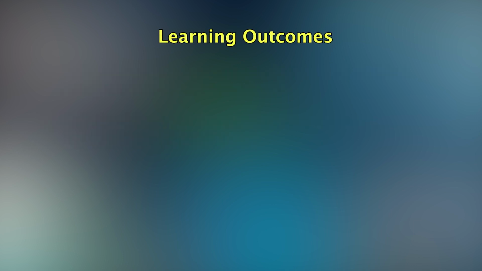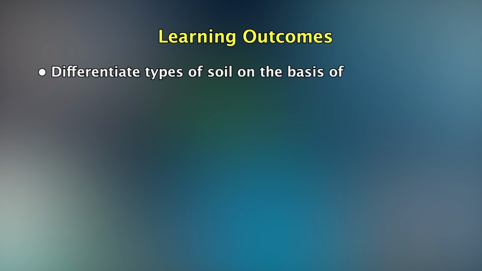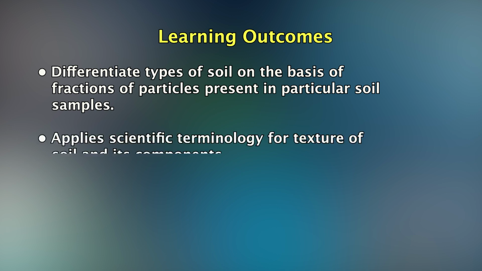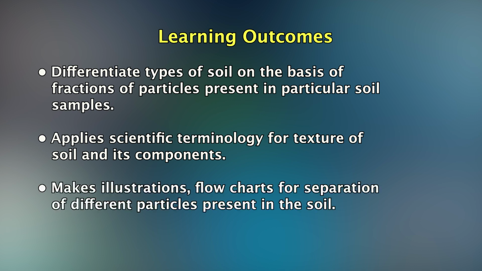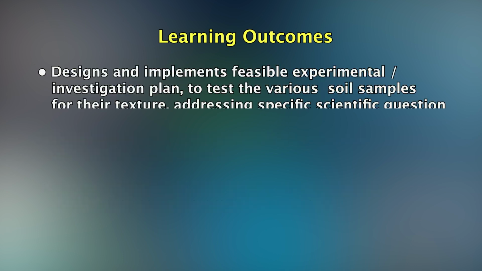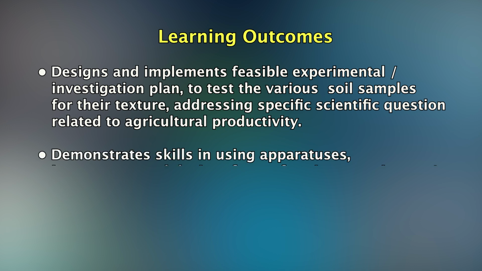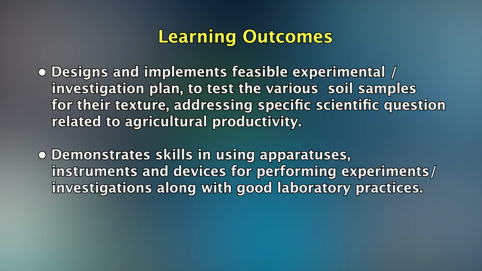The learning outcomes that can be achieved through this session are: differentiates types of soil on the basis of fractions of particles present in particular soil samples, applies scientific terminology for texture of soil and its components, makes illustrations, flow charts for separation of different particles present in the soil, designs and implements feasible experimental or investigation plan to test the various soil samples for their texture, addressing specific questions related to agricultural productivity,